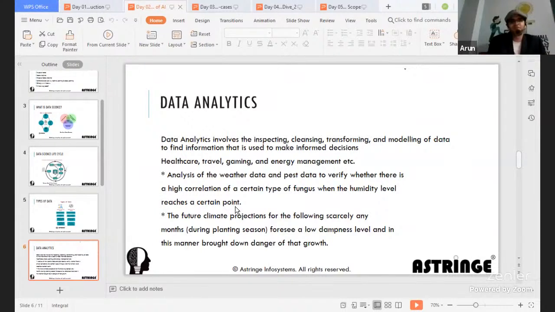If the data is very straightforward, you don't need any more analytics. But if the data is a bit complex, then obviously you will need more analytics. What do we mean by data analytics? Data analytics involves the process of inspecting, cleansing, transforming, and modeling of data to find information that is used to make informed decisions.